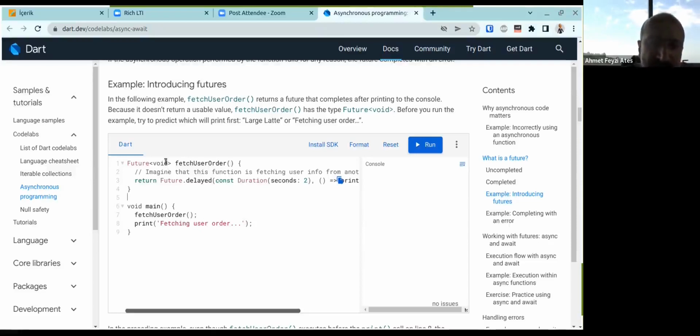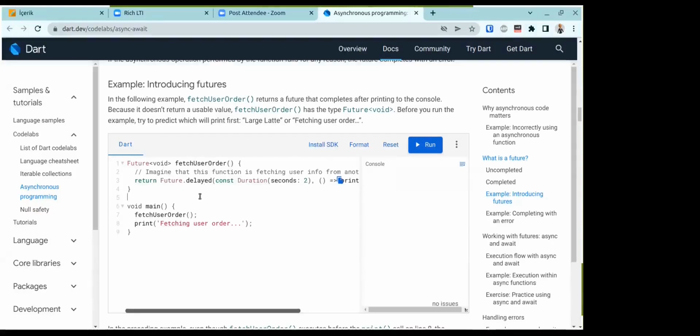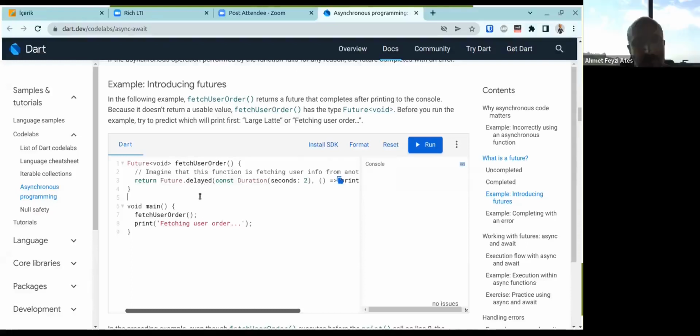Here it is void, but it can be a big T, any type. Future can execute, can implement other sub-functions like delayed, then, and so on. Here we use delayed to create a sample 2 seconds delay.